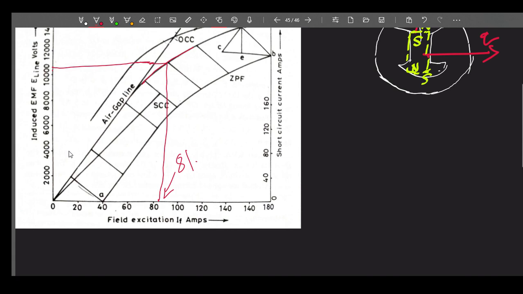But at the same time we can see that on this air gap line this is 81 ampere, and this is our OCC line, right? From this OCC line,